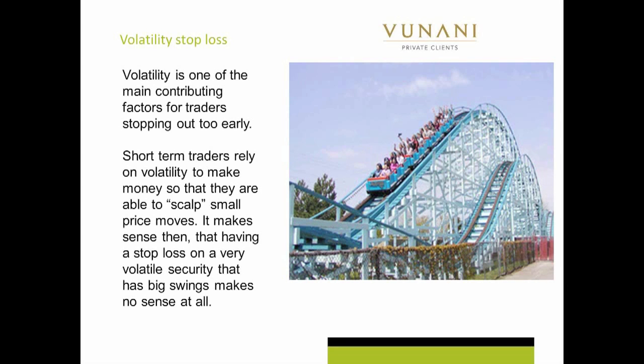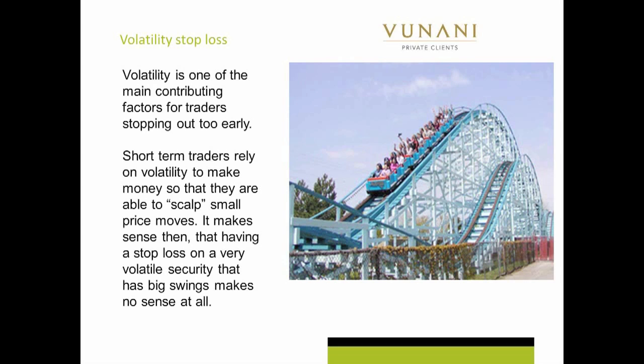And too tight is probably understating what I'm trying to say, because on a stock that's volatile, how would you know where to place your stop loss? And can you handle the big price moves? A lot of traders often think, well, I'm going to put my stop loss 30 Rand away on a stock like NASPAS, where 30 Rand actually means nothing to that stock, and you would have stopped out for no reason, only to find that stock jump up another 40 Rand again a couple of days later. So volatility is one of the main contributing factors for stopping out too early.